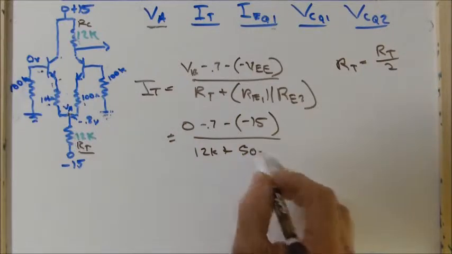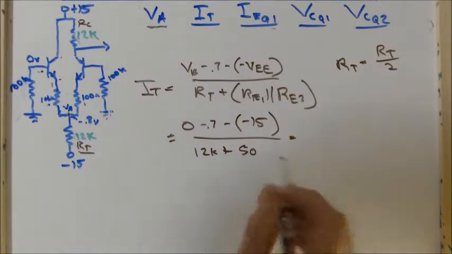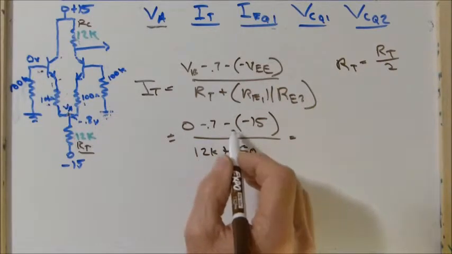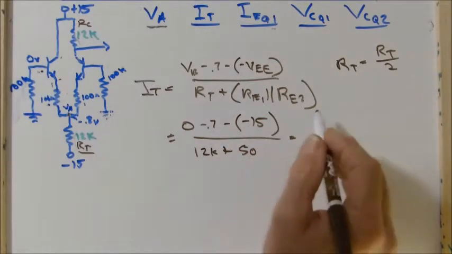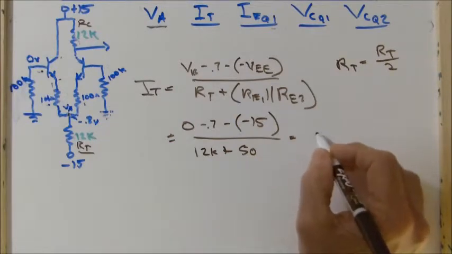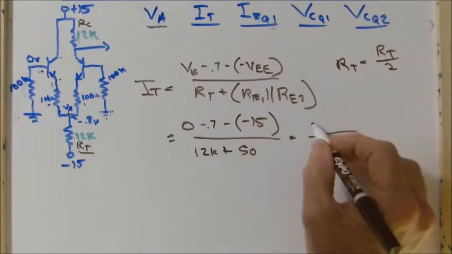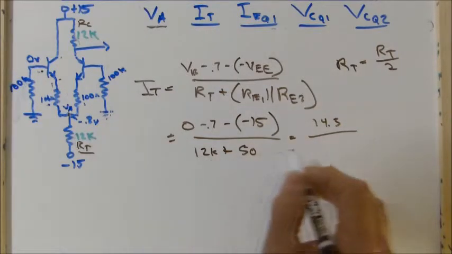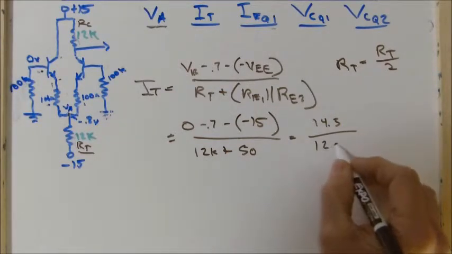So I'll just put the 50 right there. Okay. So we have a negative 0.7 minus a negative 15. It's going to be 14.3, and 12K plus 50 is going to be